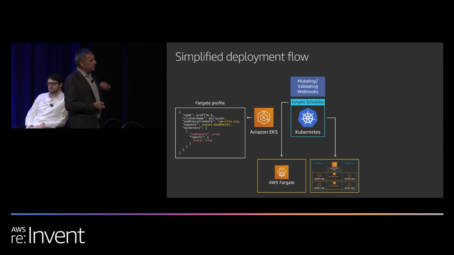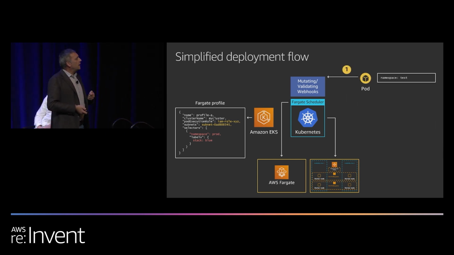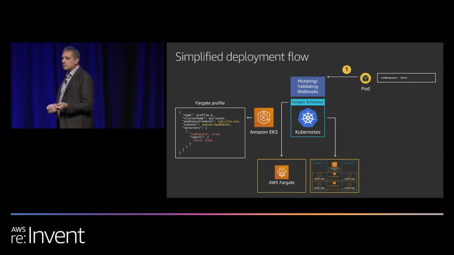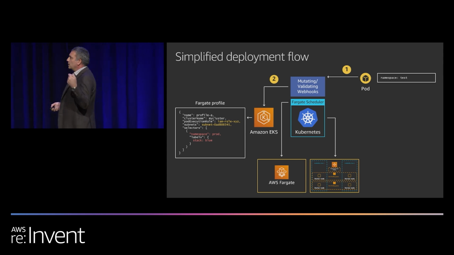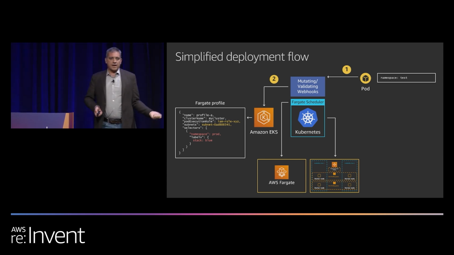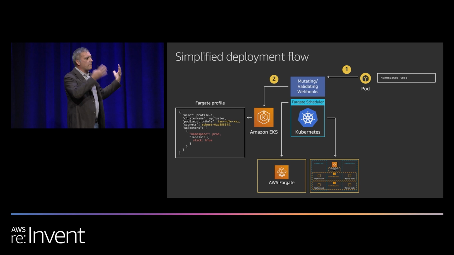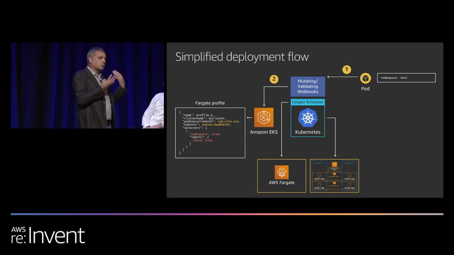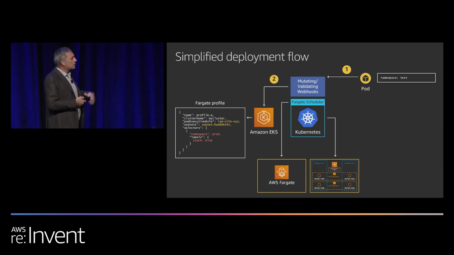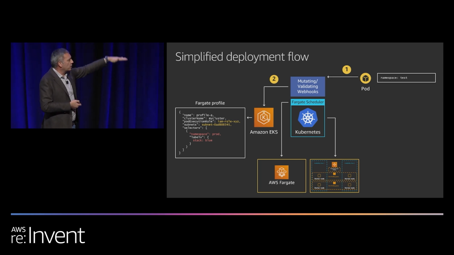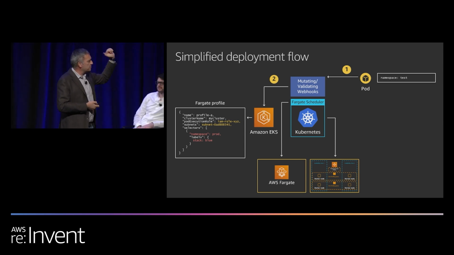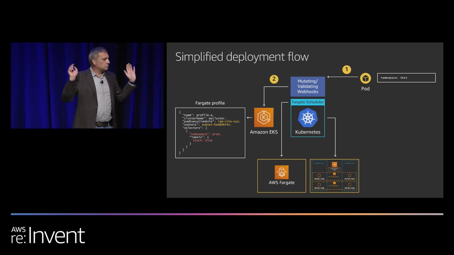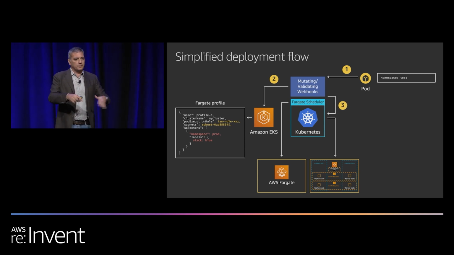A different example is if I'm coming in and I want to deploy a pod in the test namespace, different pod, different namespace, same thing. The webhooks are going to ask EKS through those API, is there a match for this? Or can you give me the list of Fargate profiles that exist so that I can determine if there is a match or not? There isn't a match in this case because the only Fargate profile that I have says namespace prod and label stack equal blue. So the webhooks will say, no, there isn't any match here, so I'll just send it to the standard